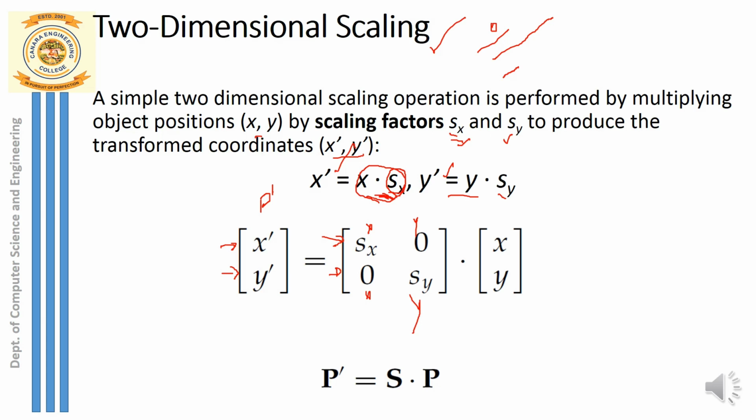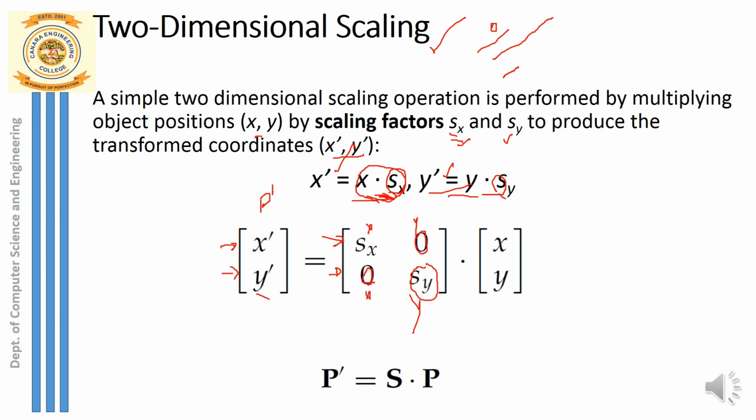And next, what is the y component here in this equation? I am just rewriting this equation in the form of a matrix, that's all. So the component of x is sx. What is the component of y? We don't have any component of y in this equation, right? So you write the component of y as 0 for this equation. What about the next equation, y dash? You can see y dash is equal to the component of y you have, but the component of x is missing in this equation. So how do I write that? The component of x is 0, whereas the component of y is given by sy. So y dash is equal to 0 into sx, you can say, but what about the y component? That is sy, the y component.